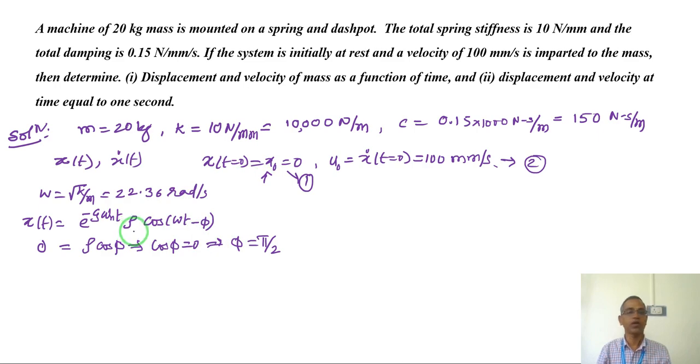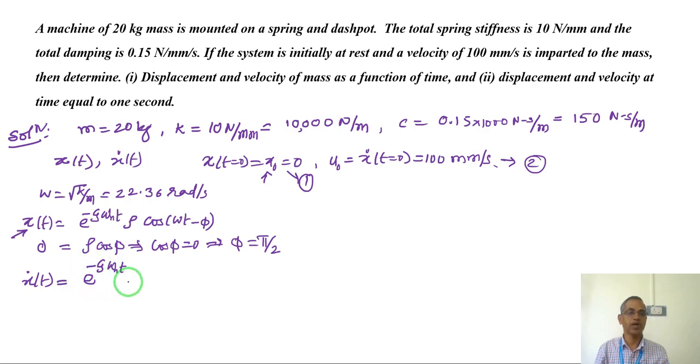Now I have to obtain rho from the second condition. The initial velocity is 100 millimeter per second. So differentiating this one more time, what I get is x dot of t is equal to e power minus xi omega n t